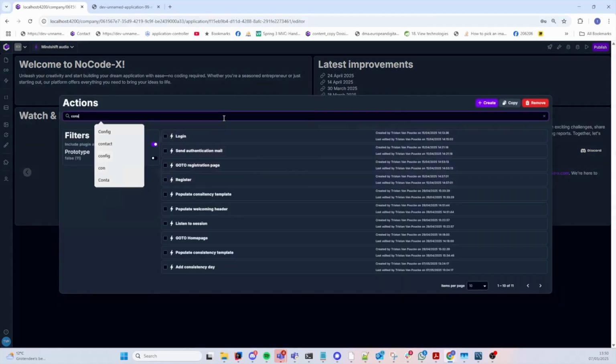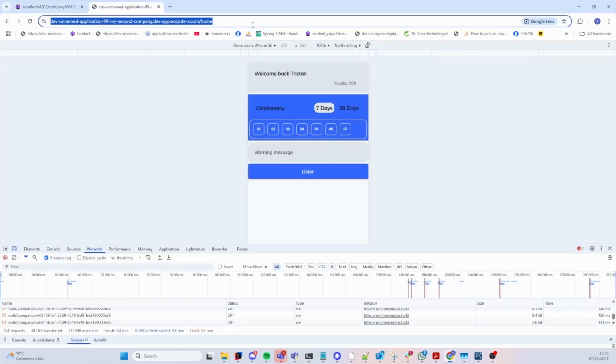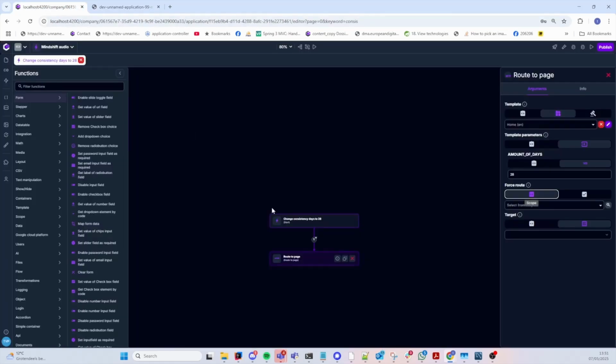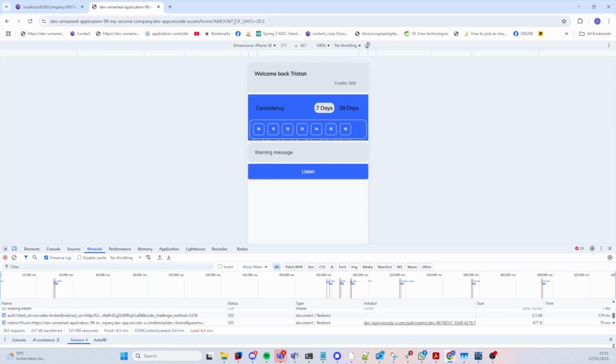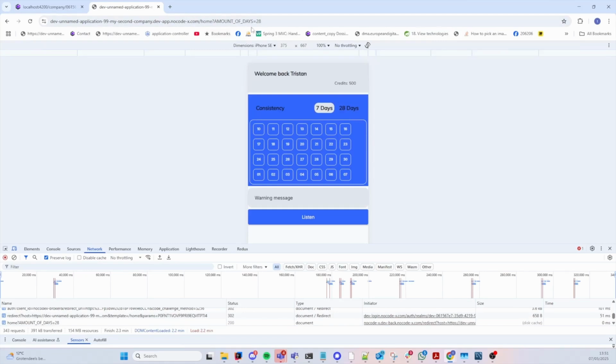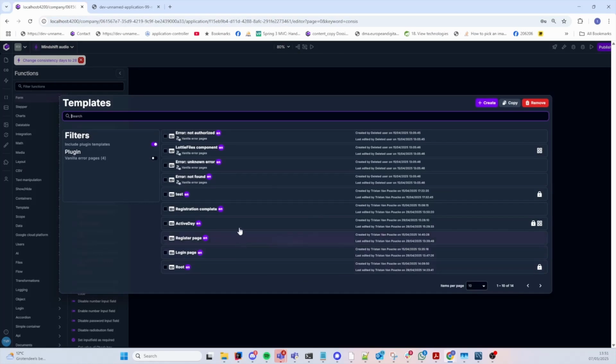So consistency days to 28. This is fine. This should be 28. I hope this now saves. There it is. So now we have 28 days like this, and now we should only fix this to be a bit bigger. That's all. So let us also maybe, that's good. Okay, let us also maybe have the same link on the